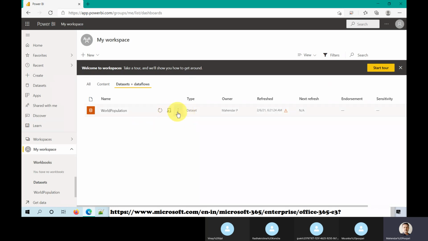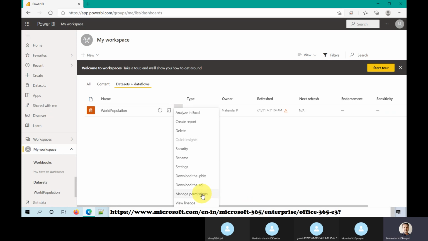Settings, again we'll go to that settings pane where we can do a data gateway installation and everything. Download the pbix file. If you really want this data set as a pbix file, you can download it. Download RDL. What is RDL? RDL is actually an SSRS thing. In the latest SSRS, we do have a newer version where you can publish this data set directly into Power BI. To do that, you have to download this and publish there in the reporting services.